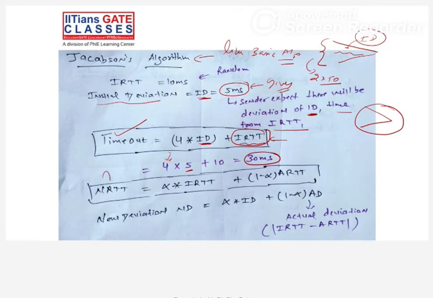Now see the first new round trip time, which will be alpha into the initial round trip time, 10 is given, plus 1 minus alpha, which is 1 minus 0.5, into the actual round trip time. So the value will be 12.5 milliseconds. So the new timeout will be 12.5 into 2. In the algorithm, the timeout is the round trip time into 2. That is the basic algo, right? So now your next timeout will be 25 milliseconds.